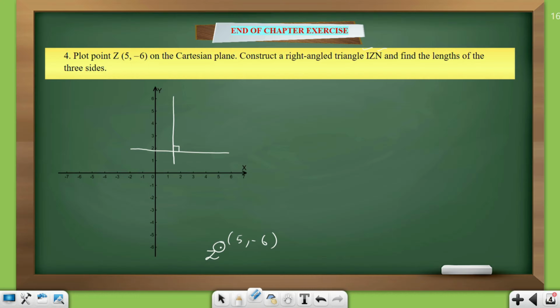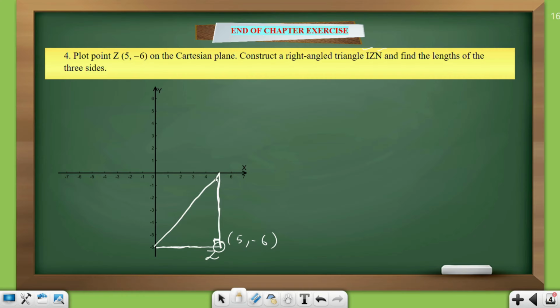So based on this fact, I am going to draw two lines from the point Z, one parallel to the x axis and one parallel to the y axis. Now it is clear that the angle made by these two lines is perpendicular. Next, to find the length of the three sides, we have to choose the end points of these lines, because the lines are not ended here, they can be extended in any direction, up to any length. For ease, I want to extend this till the y axis, and this line up to the x axis. Now if you join the remaining two points,